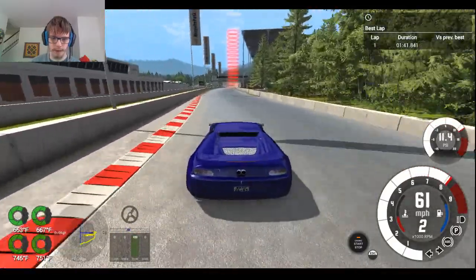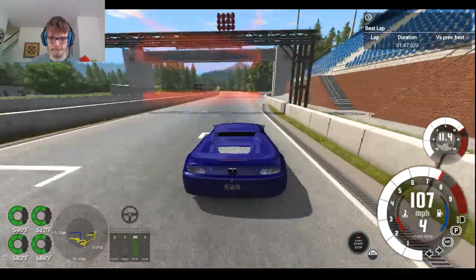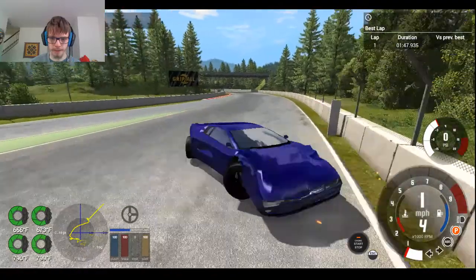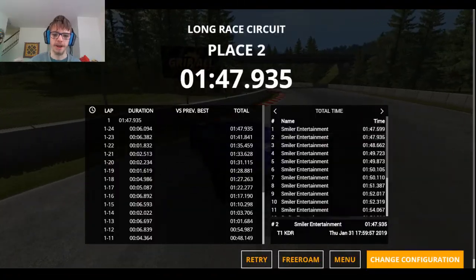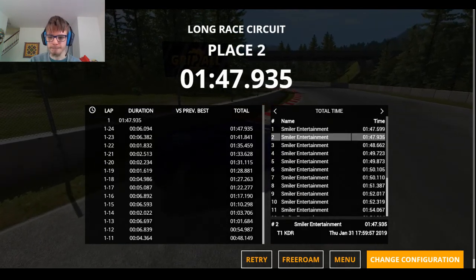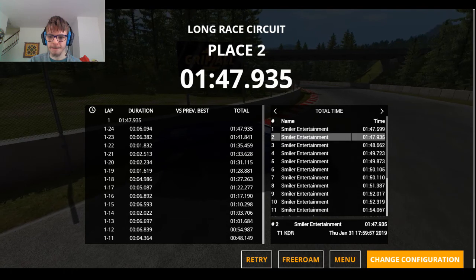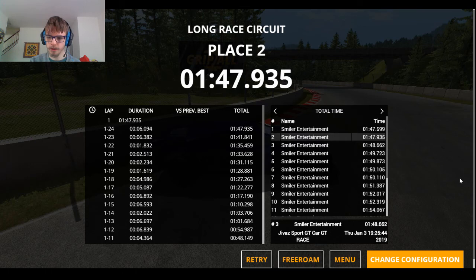Go. Alright, 147.935. Number 2. Alright, so it's not a drag race machine, but it is faster around the track than a pure built supercar with a V12 and slower than another supercar with a V12. And faster than an actual GT car, so